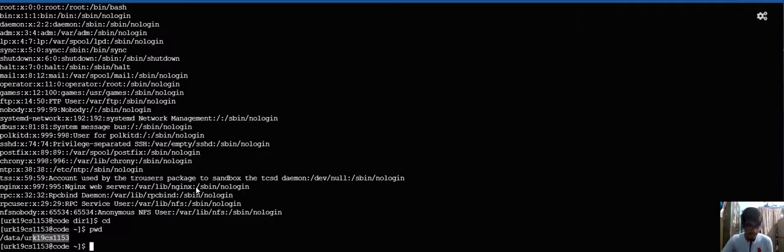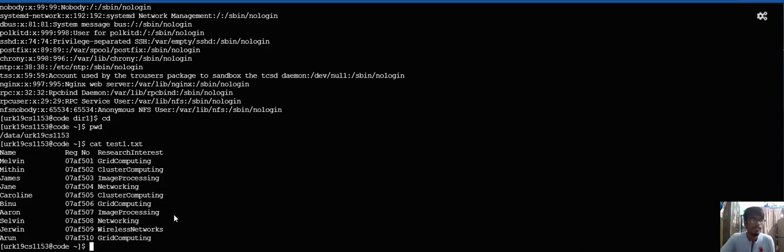Coming to the next question, I have to create a data file. According to this data we have 4 questions. I have already created the data, that is I named it as test1.txt. See, this is the data with name, register number and research interest. The first question is display the student names who are having research interest as grid computing.